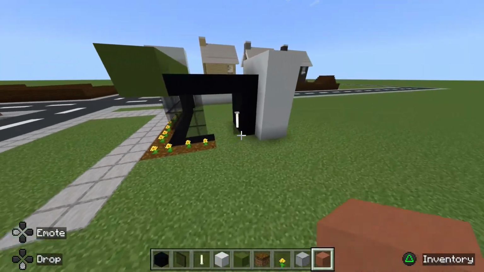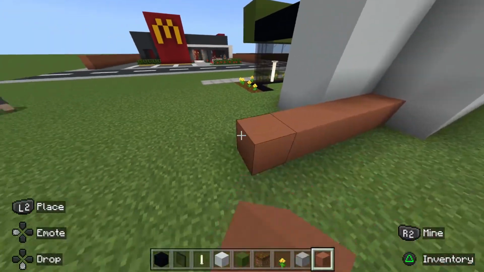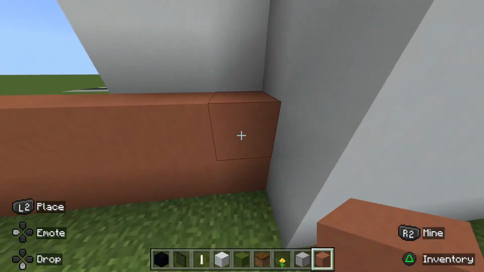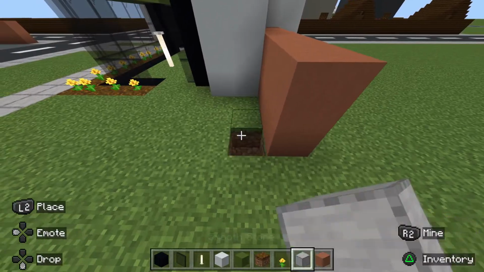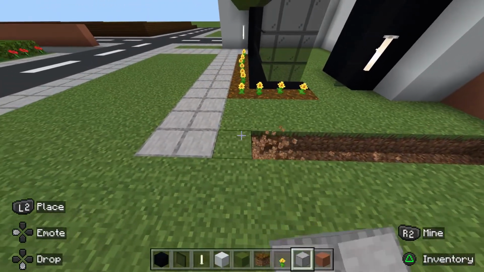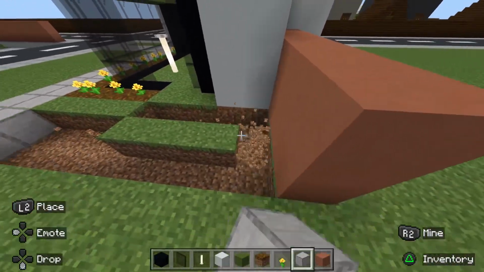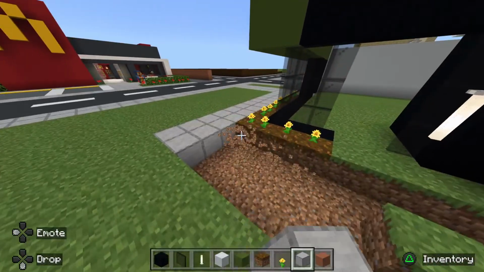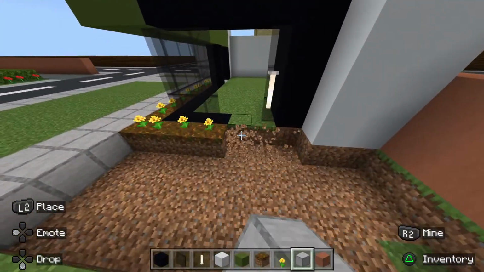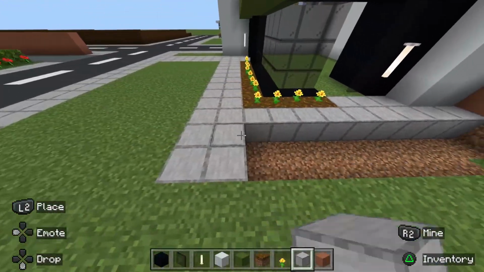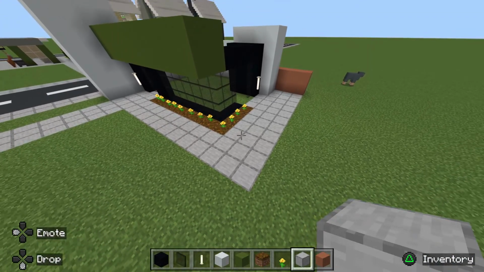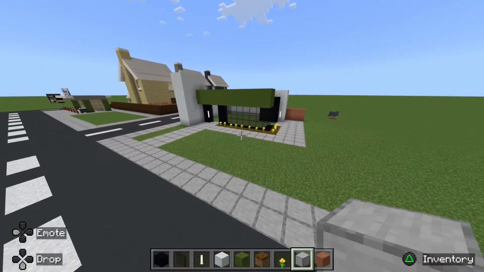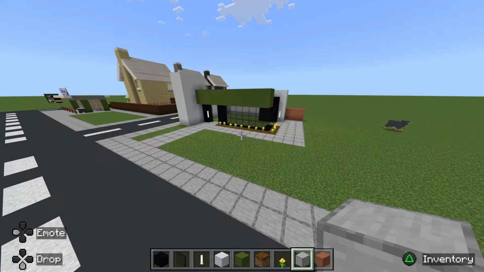So just behind the large white concrete structure, part of the structure here, if we extend terracotta here, from here, and then if we just focus on filling this part of the building with smooth stone, so we'll extend it, we'll join it into the actual inside of the subway just like this, all the way to here,